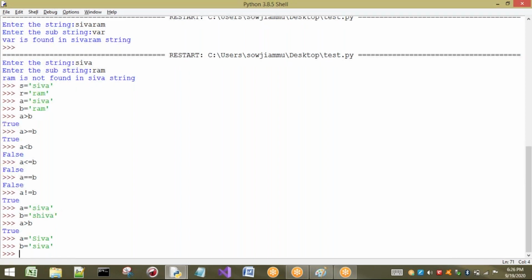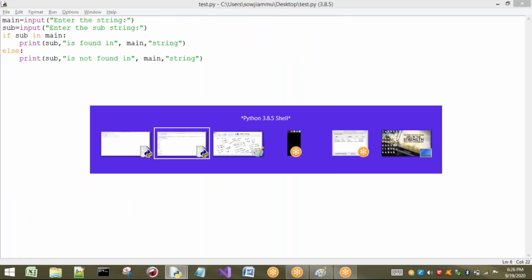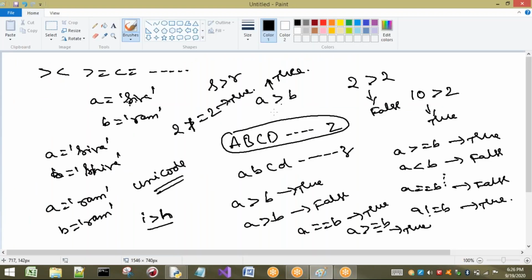Okay, now see, for example, I'm going to compare this one. A greater than B or not? That means first this S, as I already told you, first we are going to get capital letters. After only we are getting small letters. So I will show you Unicode after completing some concepts of string. There we are having some methods, there I will show you. So here first we will get capital A to Z, and later only we are going to get small a to z.